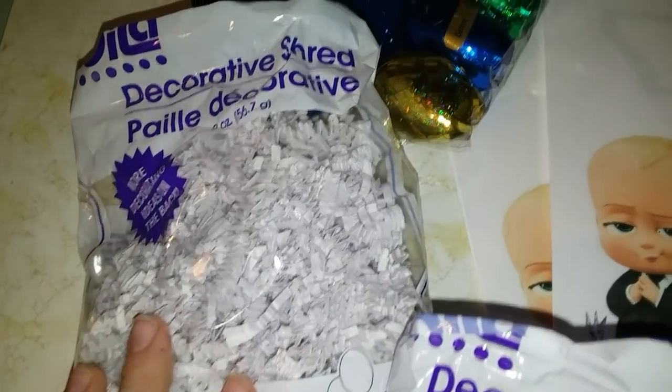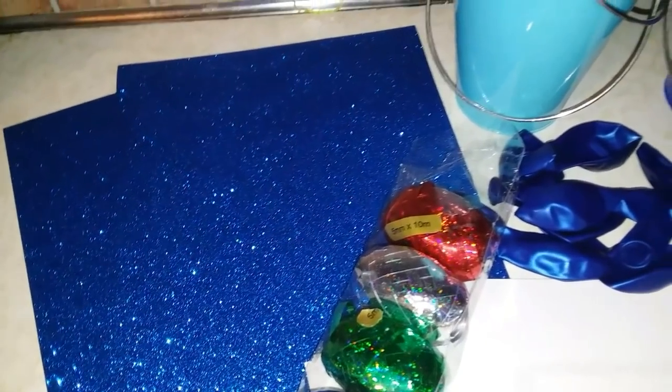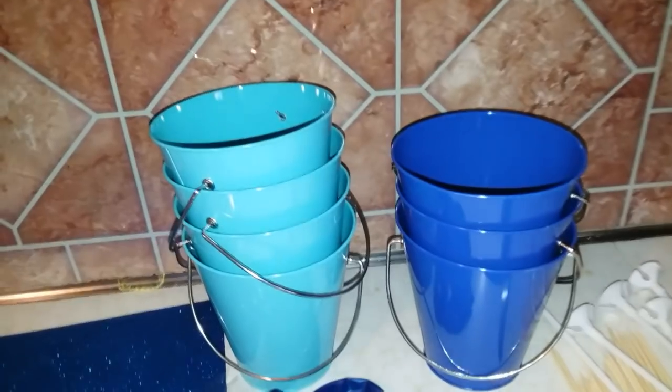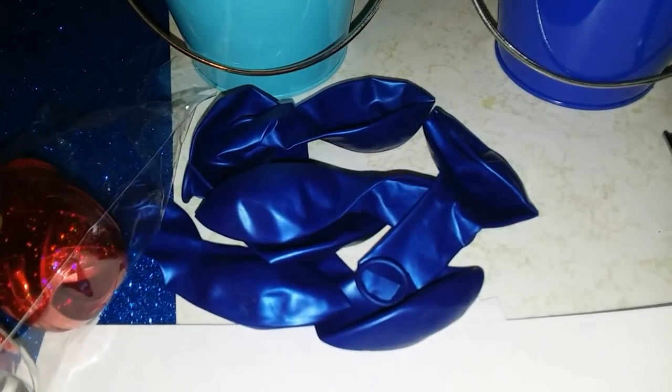You're also going to be needing some glitter cardstock paper, or you can use regular paper, it's up to you. Some curling ribbon, some buckets. I chose these ones from Walmart. They were only 97 cents each. You're going to need some balloons, scissors,